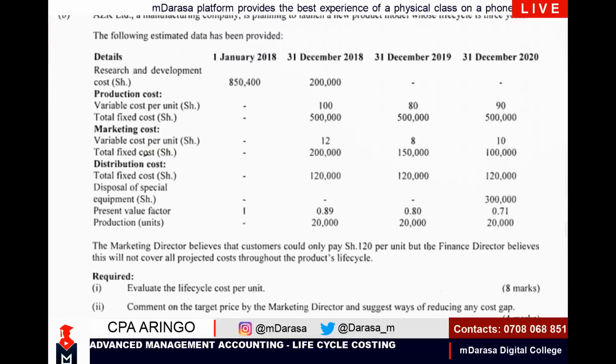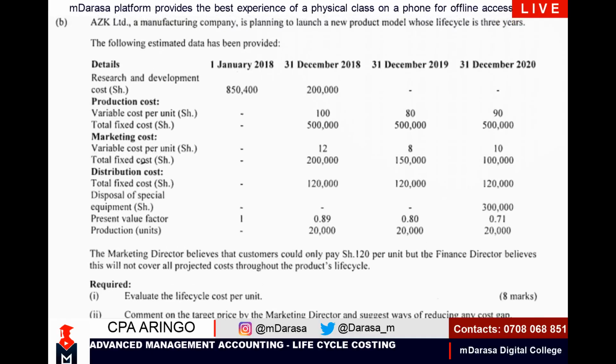So this is our question, my good student. November 2018, question 4, part B. So this is what you are told in this question, that